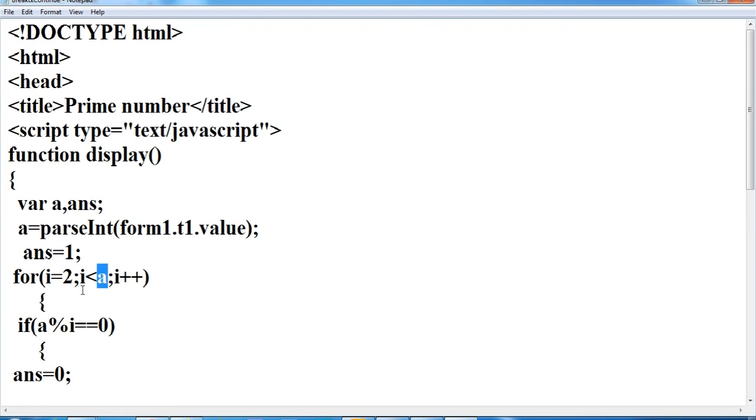The condition i is less than or equal to a is still satisfied, so we go on with i++.